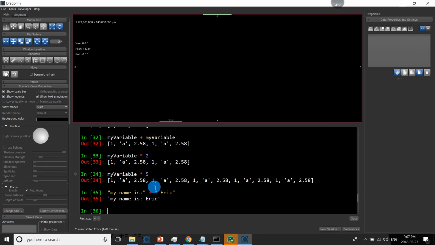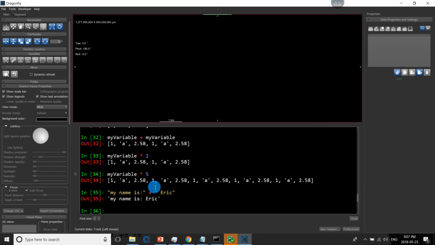So there's lots of objects in Python that you can add together, subtract, and generally it will do what you want it to do. Everyone okay with the operators?